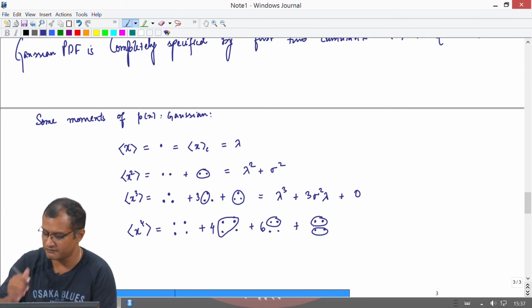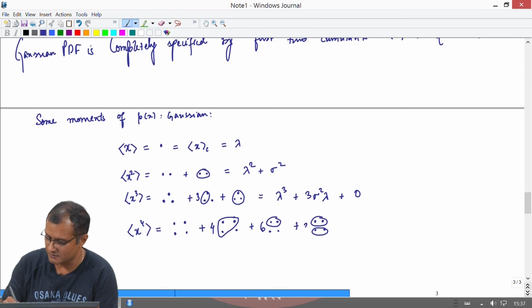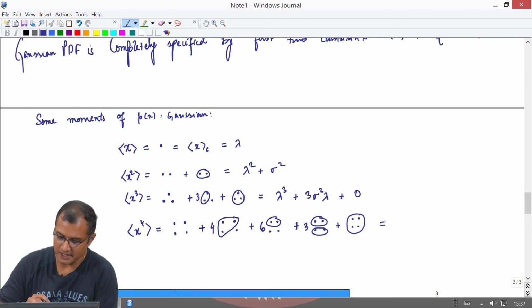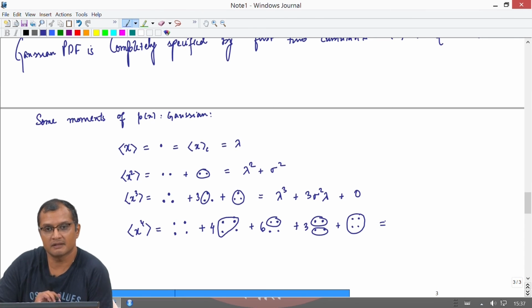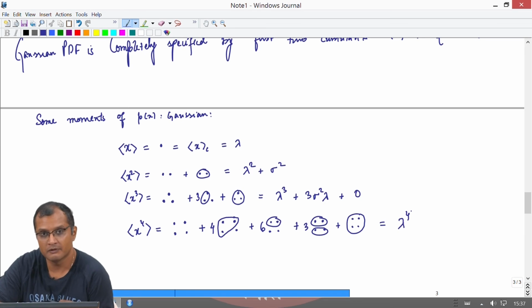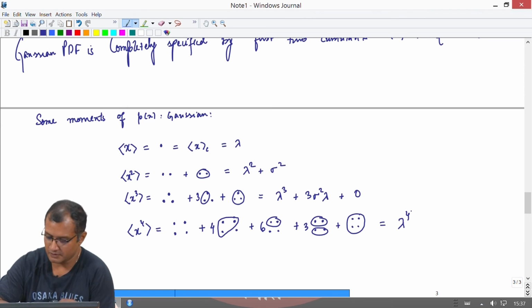They are exactly half of 6, which is 3 ways of doing it, and connect all of them, no more. So, the first term, all 4 of them disconnected, is nothing but lambda to the power 4, the first moment to the power 4, plus 4 times